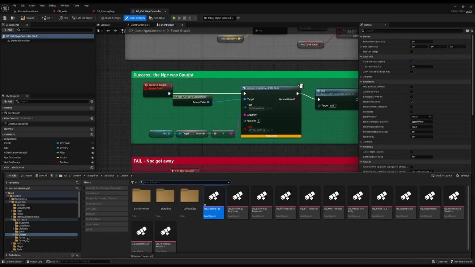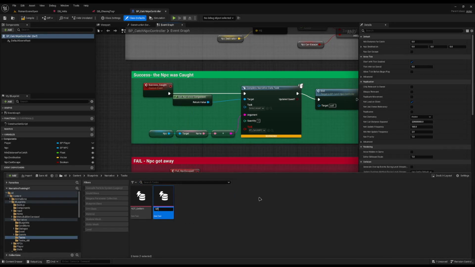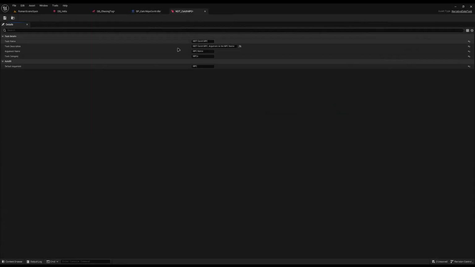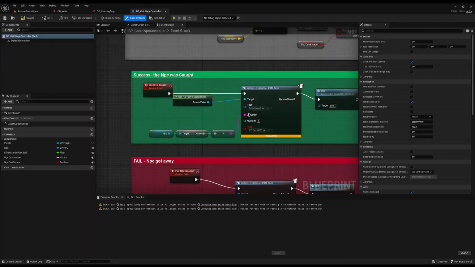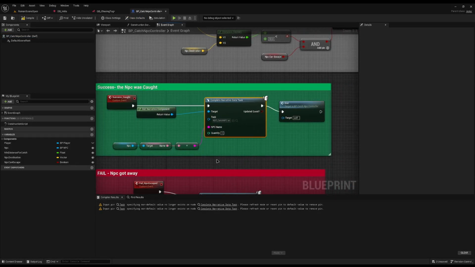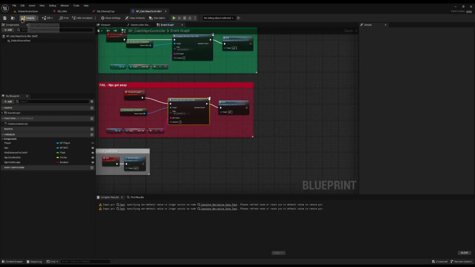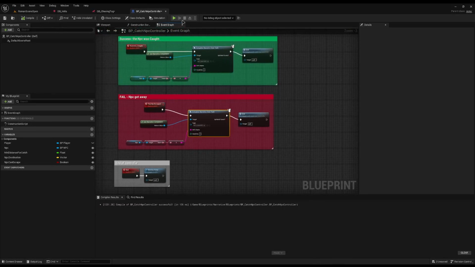So all I'm going to do is come into my new tasks and I'm going to create a new data task called NDT cat NPC. I'll open this up, just remove the NDTs, and now I can simply plug this in to here, catch NPC. Then I can refresh this node and you'll see that task disappear. Looking good so far. Next, I have the fail node, which is a lose NPC, and then I can simply switch this over and right click refresh. There we go. So the node has disappeared, so if I continue now, you can see the warning has disappeared,